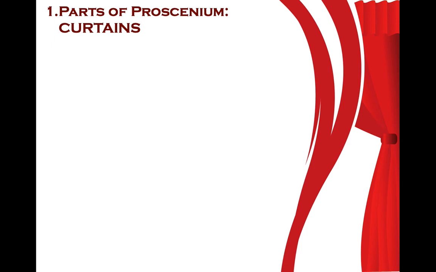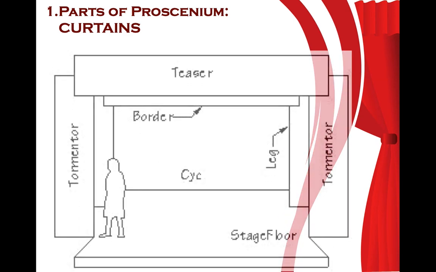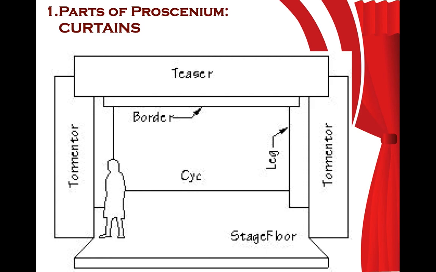Right, so in looking at the parts of the theater, we're going to look mainly at the proscenium. So this diagram is showing you the different types of curtains. The big curtain on top, as we would have seen in Sapper, is called the teaser, and the ones on the sides are called tormentors. So the teaser is an easy way to remember it. The tormentors are huge, they're really long, they're big, but the teasers are just kind of short curtains,